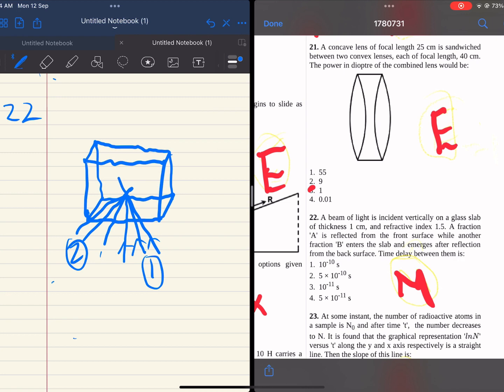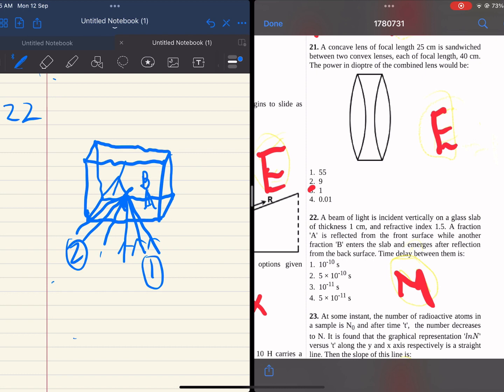I'm using two beams, because I don't know the proper direction of the beam. Let me choose this as beam 1 and beam 2, just two random beams I have chosen. Then a part of it gets refracted at the surface, and a part gets reflected again. Now they are asking the time delay between the